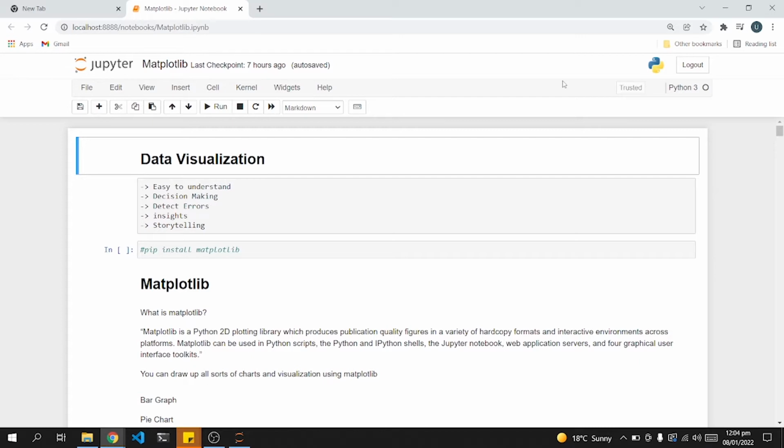For example, if we plot some sales data by month, we can easily find our hot months, in which our sales go up, and those months in which our sales go down. So we can eventually categorize our good months and bad months,